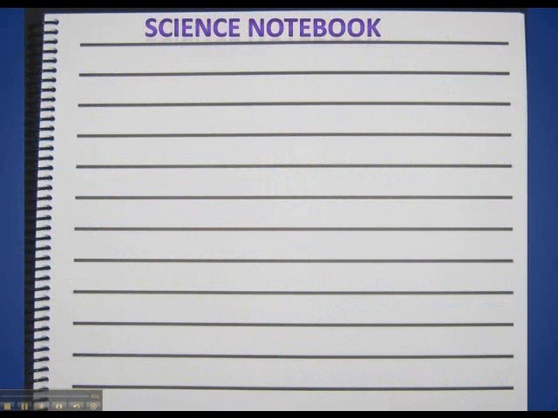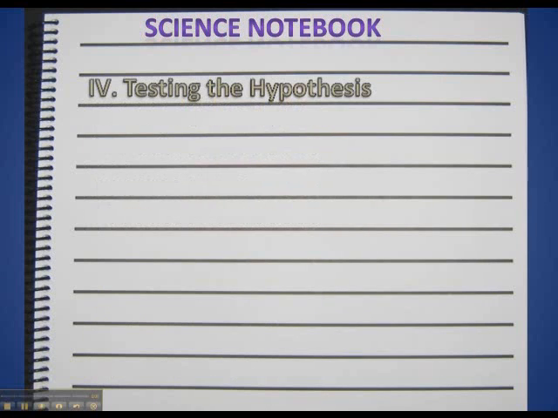Before we go and test the hypothesis, we need to take care of a couple of things first. The first thing we have to do is find out and list all the materials that we're going to need. We're not going to need that many things in this type of experiment, but a few things would include